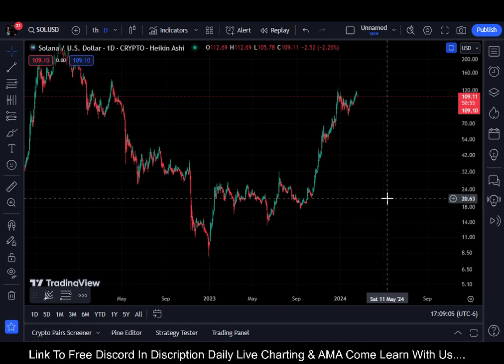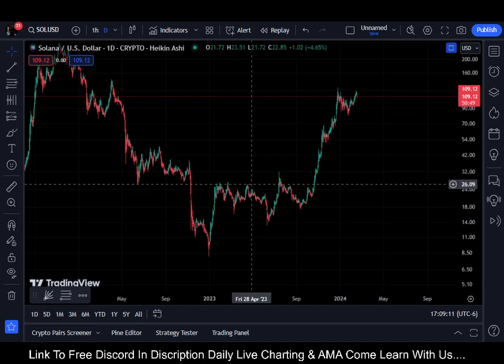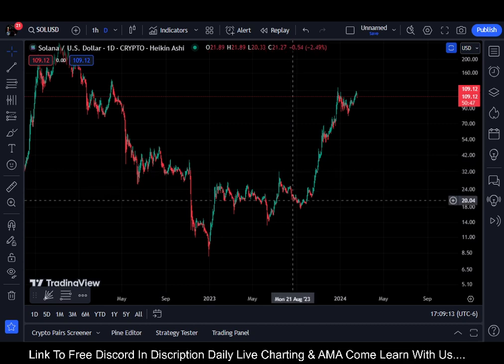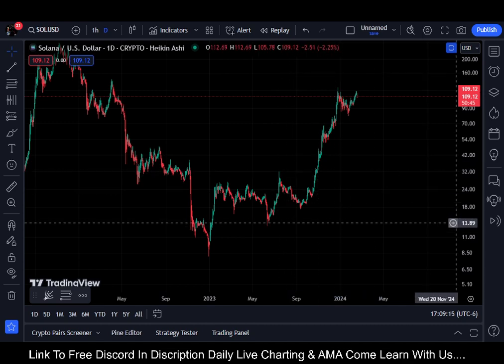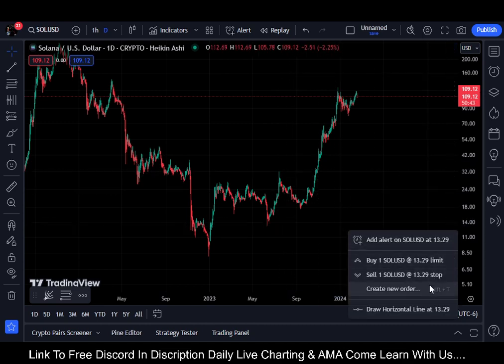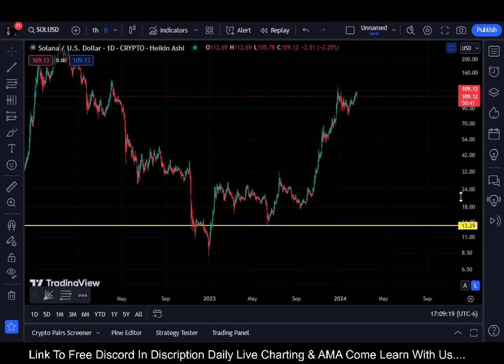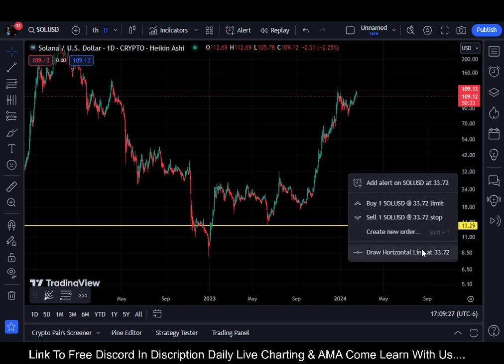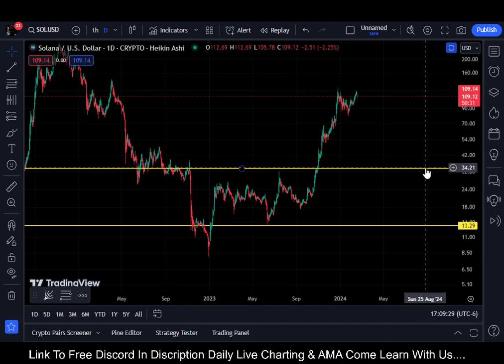Better be. 34. Not good. So if we start at $17, we'll just do one or two of these. Let's go to 34. Oh my goodness. Boom. Let's add 17 on top of 34. That brings us to